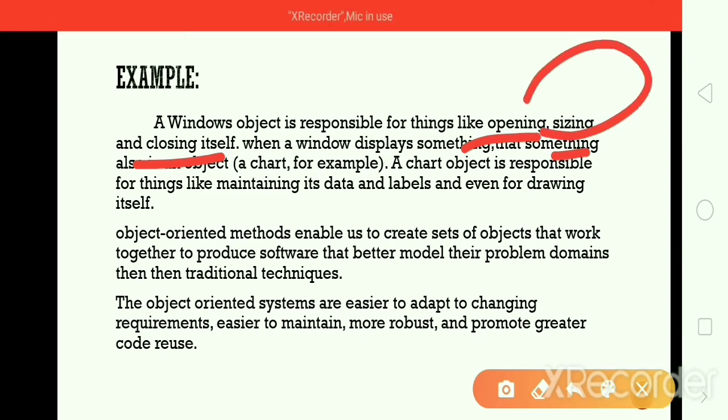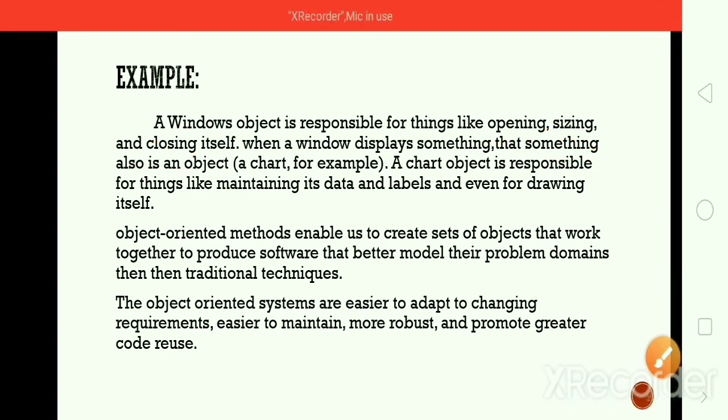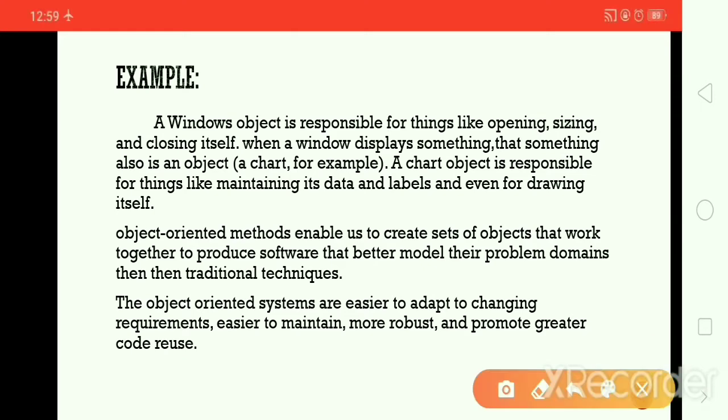You can resize it. For example, if you want to look at another window, like opening the paint window, at that time you can resize it. You can open or close that file explorer window. So the file explorer window is responsible for itself.